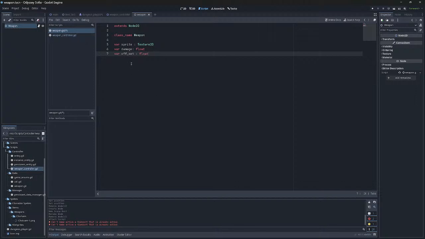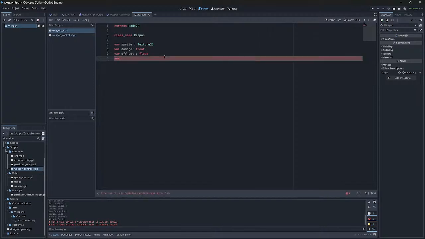But it's not really, this shouldn't do much, right? Then we're going to say var, we need to get the sprite. This changes to texture. Texture. This is going to be sprite